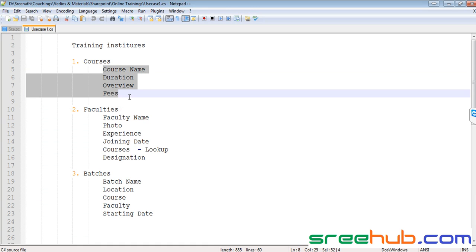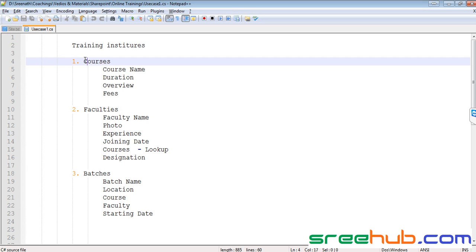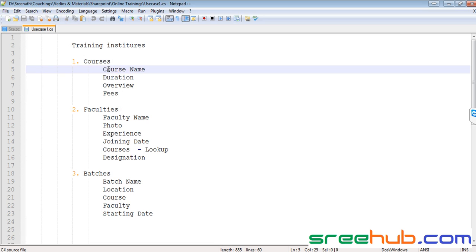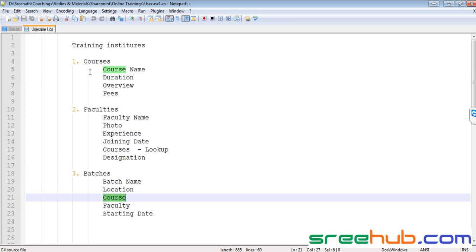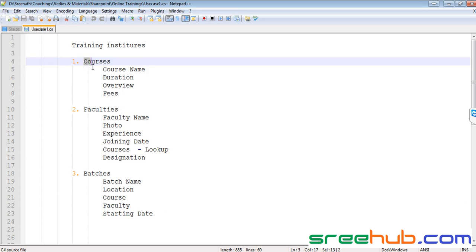So let us say I have a course called Sharepoint in my courses table, and I'm using the same codes to create a batch, because I'm connecting my codes to this. Now if I go and try to delete a row